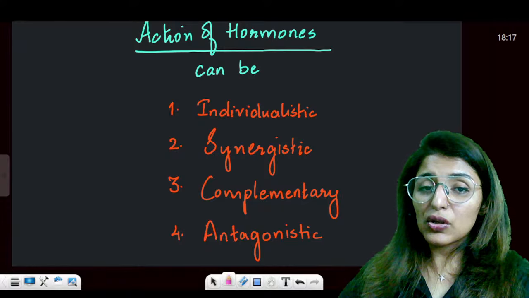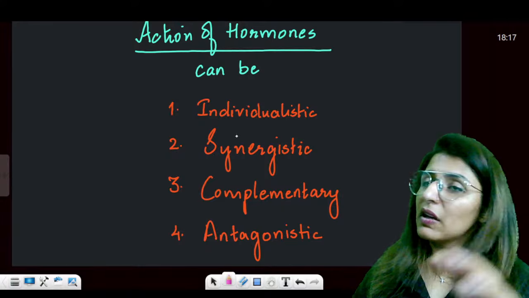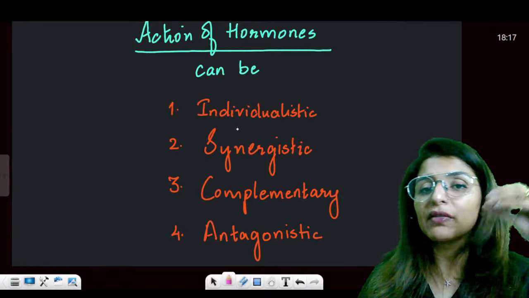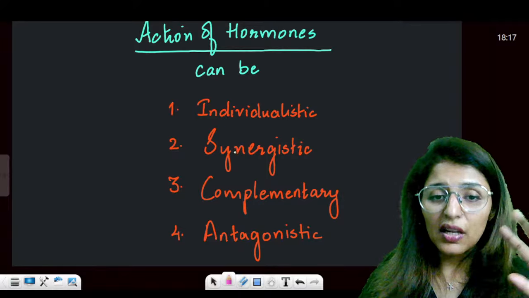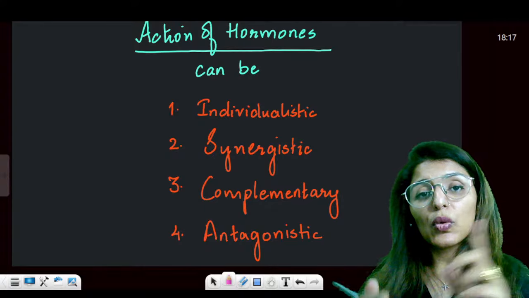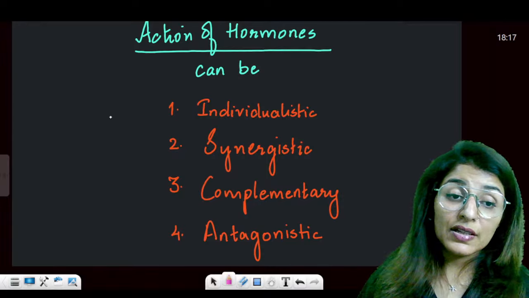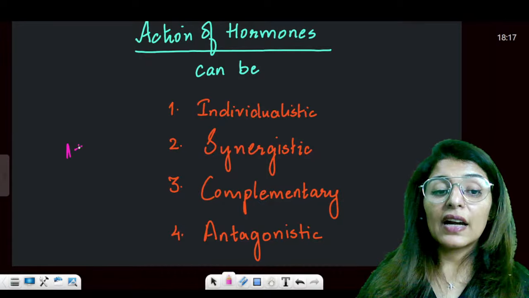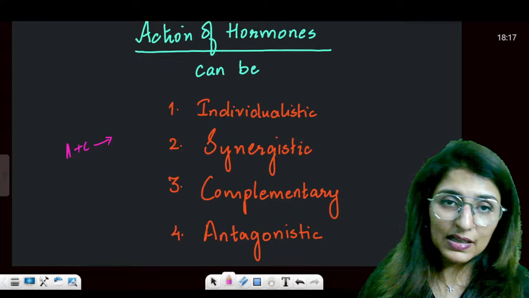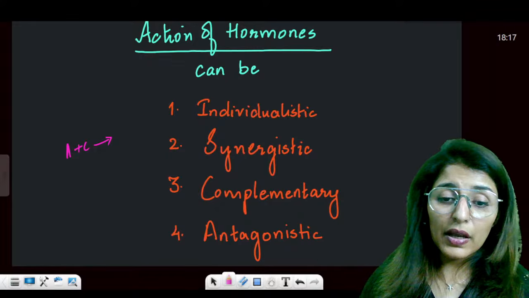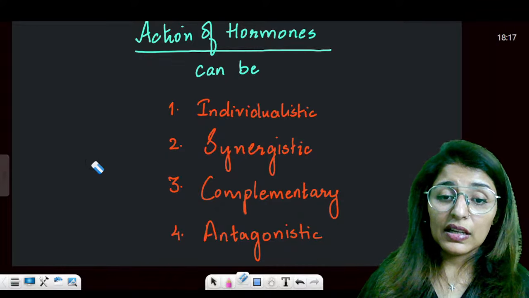Then coming on to the action of hormones, the hormones can be very individualistic. So they have their own effect, right? There are certain hormones which work better with the other hormone. For example, we saw that auxin and cytokinins both help in callus development. Yes, so that is when they are acting synergistically. While